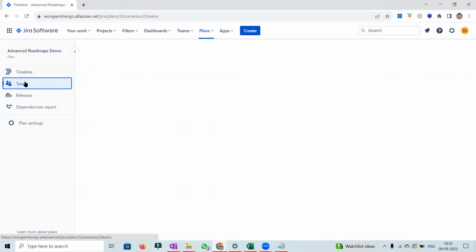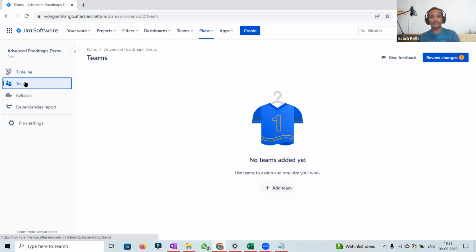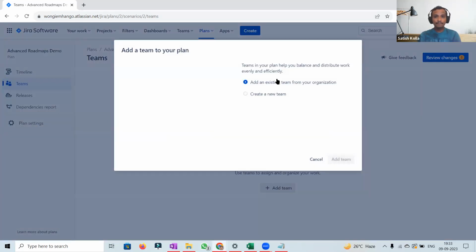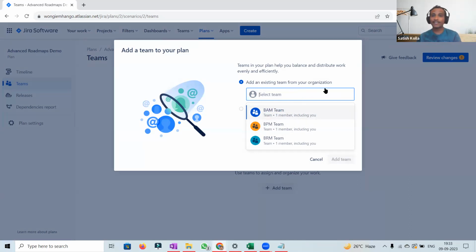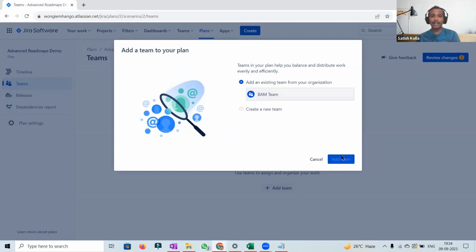Now, let's move on to the teams. Right now it is saying no teams added yet. So let's add a team. We can add an existing team from the organization, if we have any teams already created from the organization perspective. I created these teams before in the previous roadmap, so that's why it is showing up. For these 3 projects, I created 3 teams. I'm selecting the team and adding it here